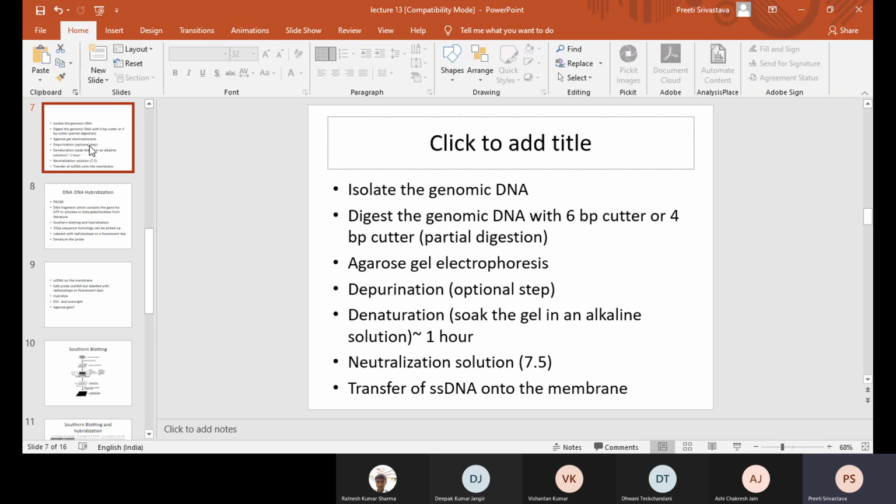So when we do transfer in the case of DNA, it is single-stranded DNA because you want to do hybridization. In the case of RNA, it is again single-stranded RNA. In the case of protein, the entire protein is transferred, but the method of detection is different. So the technique in totality is called southern blotting and hybridization, or northern blotting and hybridization. Blotting itself only means transfer, but it needs to be coupled with hybridization, which is a method of detection of the desired gene. Is it clear now, class?